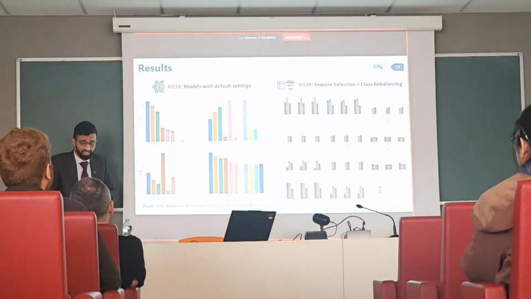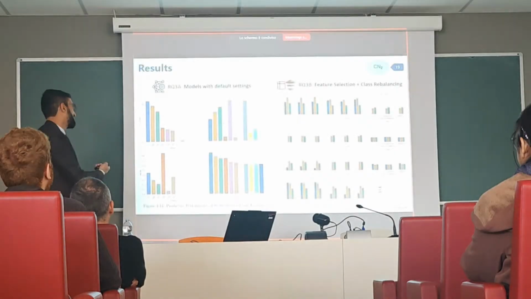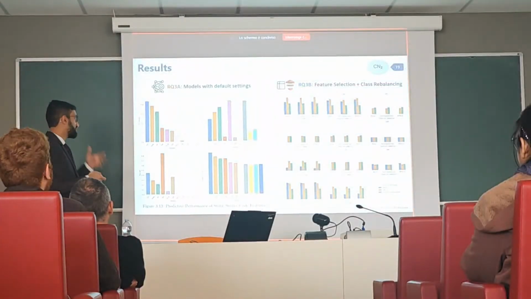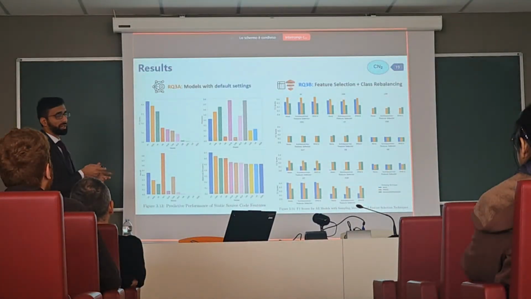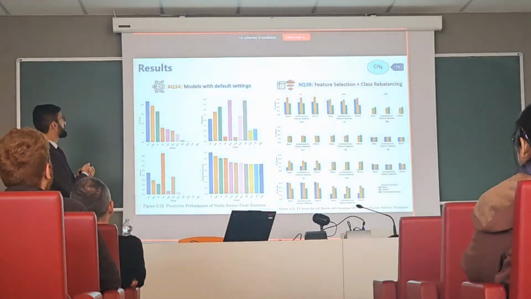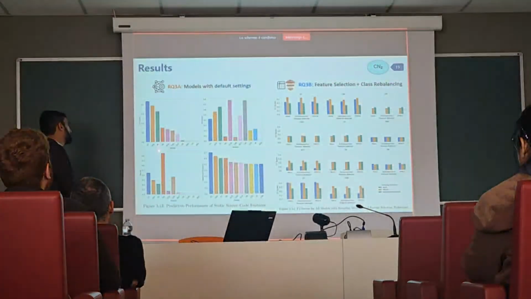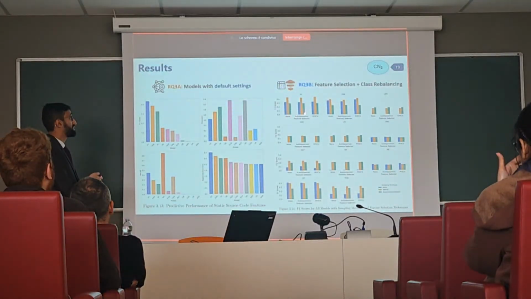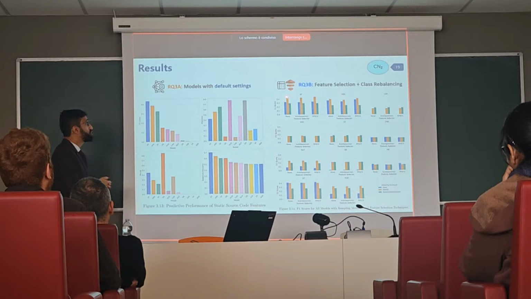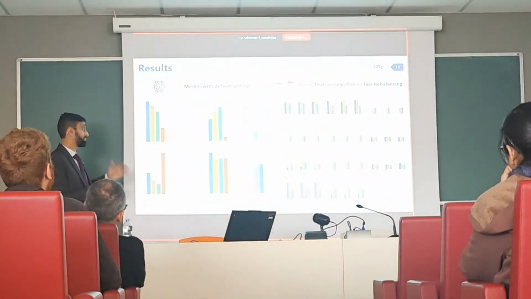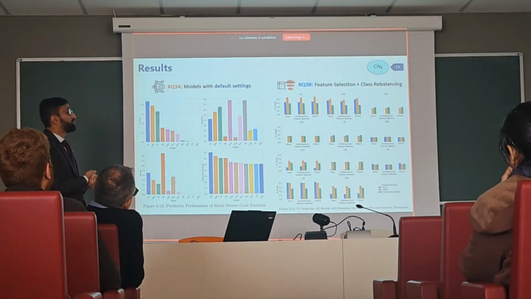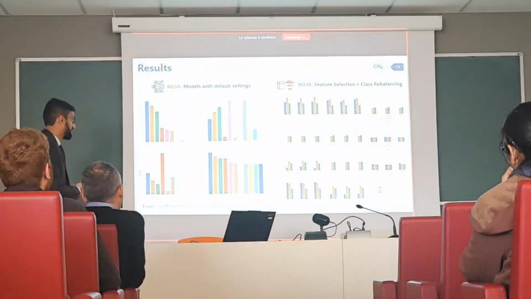So the results again are not very good. But we thought that with the help of those static features we are not very convincingly able to characterize what's happening. So we see the best performing models here are decision tree, KNN, and random forest with the default settings. And when we do the feature selection and class rebalancing, we again see that there is no huge difference in the performance of these models, and random forest and KNN keep on performing better, as with the default settings as well.